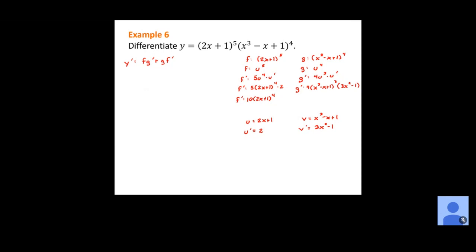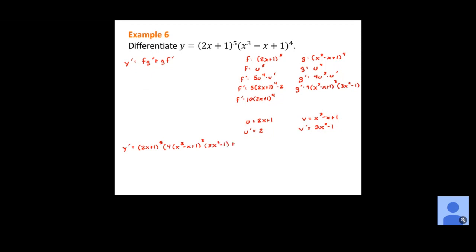All right, so now we have all the pieces, right? We have our f and f prime, we have our g and g prime. We know this is going to be a product rule overall, so now we can just substitute everything in over here. I'm actually going to do it way down here because it's going to be a long line. So start with f. It's going to be (2x plus 1) to the 5th. Multiply that by your g prime that we just got there. So that's 4 times (x cubed minus x plus 1) to the 3rd times 3x squared minus 1